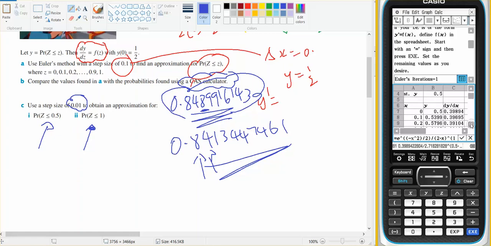Now I need to add a lot more rows. In November you're never going to be asked to do a lot more rows. However, I will, and the reason I don't really want to do it is that I'm going to use up lots and lots of my battery because it's going to take forever